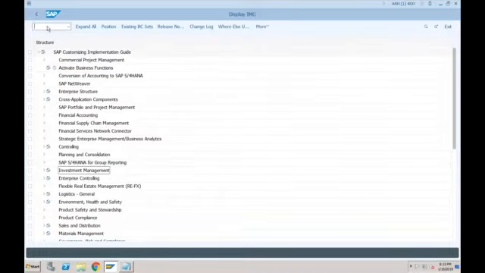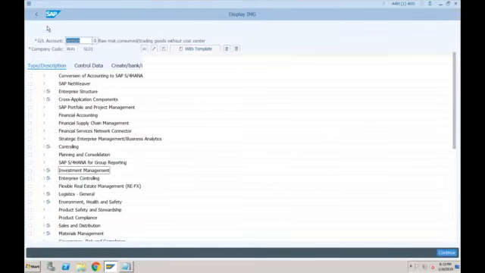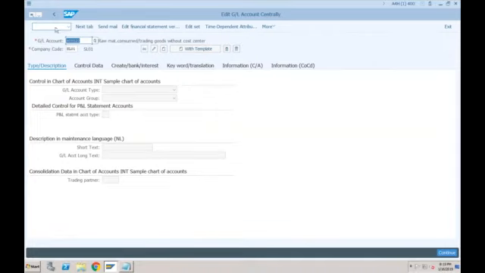So I will go to transaction FS00, which we were using even in SAP ECC. If you just go to FS00, it is almost the same transaction. There will be a lot of changes here, which we'll talk about, but the look and feel is almost the same. You have a type description, you have control data, so even the tabs are exactly the same.